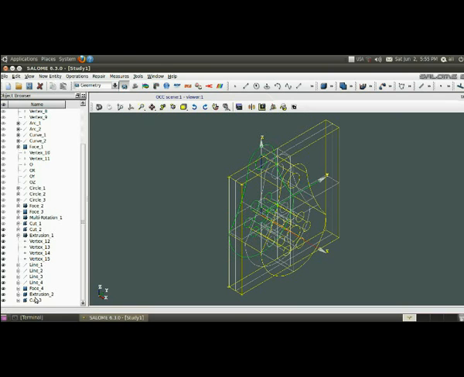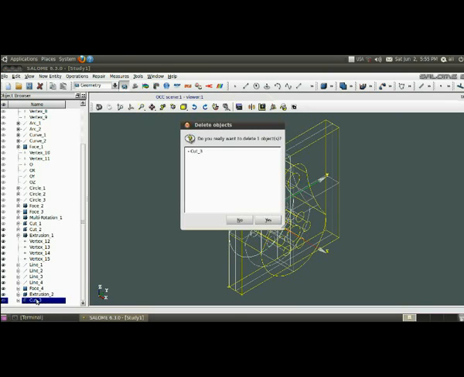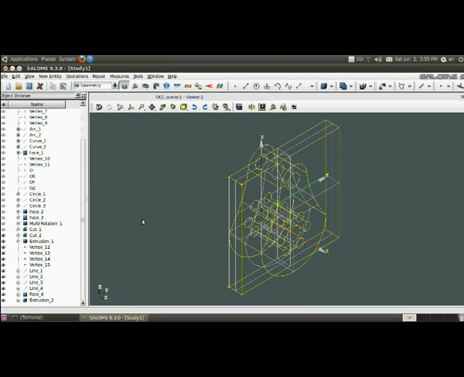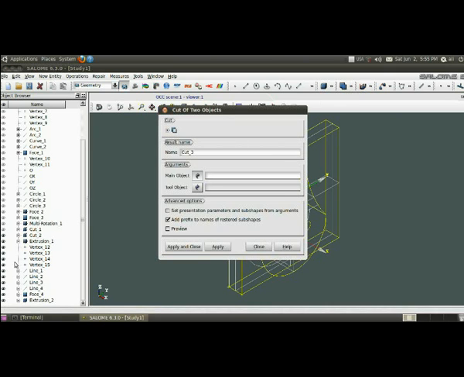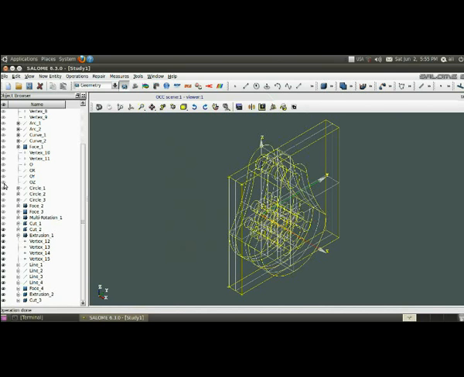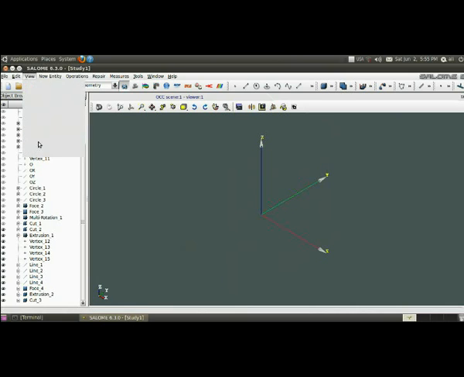Sorry, I had to cut extrusion 3 from extrusion 2. The main object and the corresponding tool, you can see this. Okay, if I turn off all of the options and hide all, then